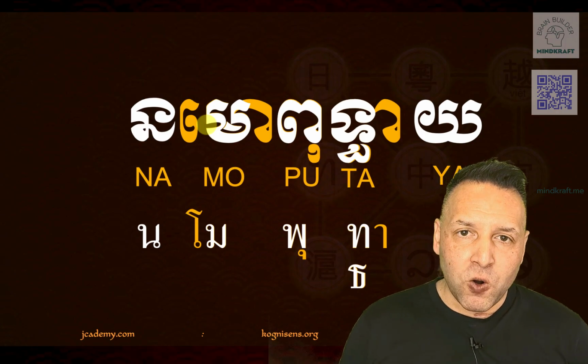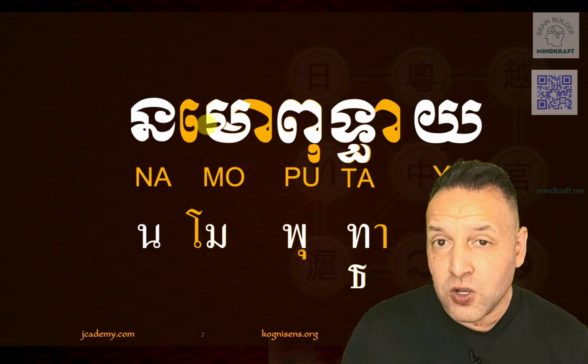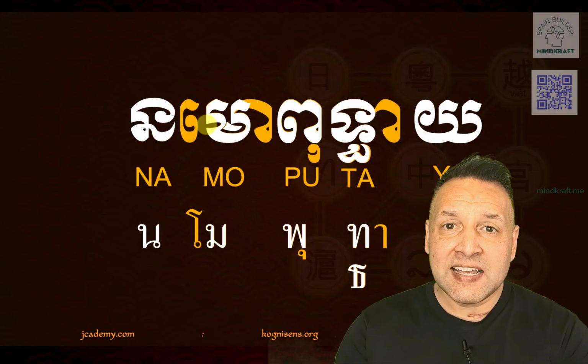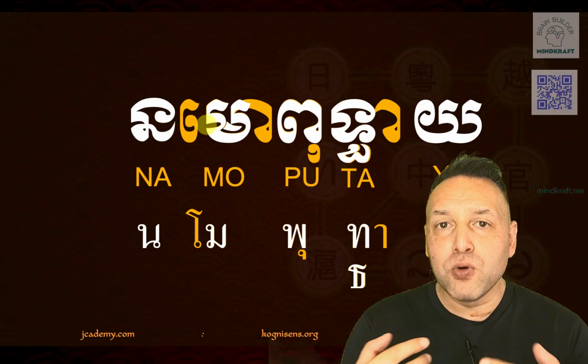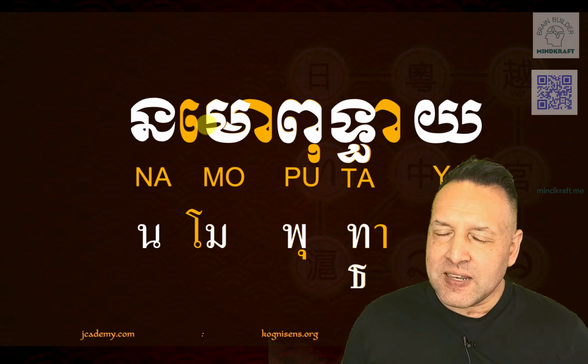Namo, Namaha, to worship, to pay homage to. Buddhaya. Namo Buddhaya, to pay homage to the Buddha or enlightenment, to the enlightened one. Now it's interesting,